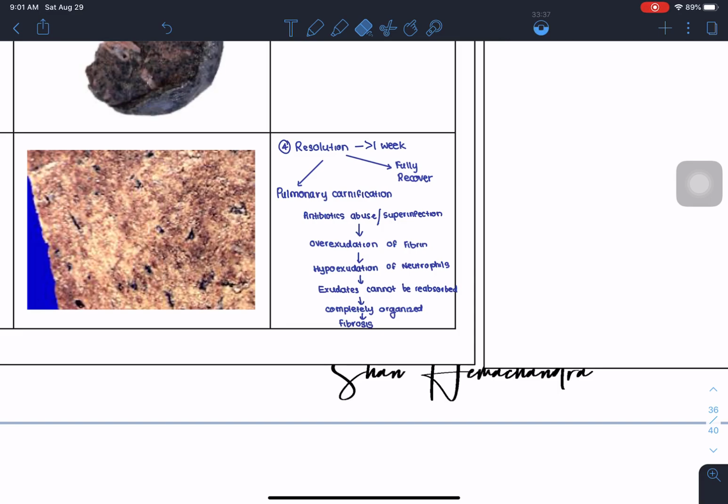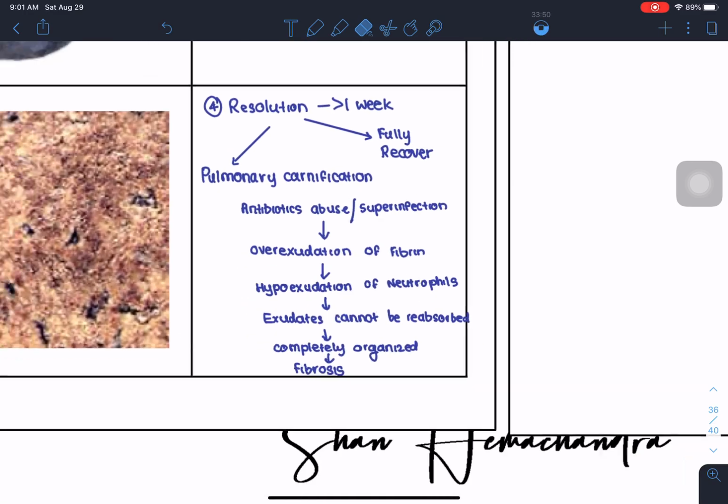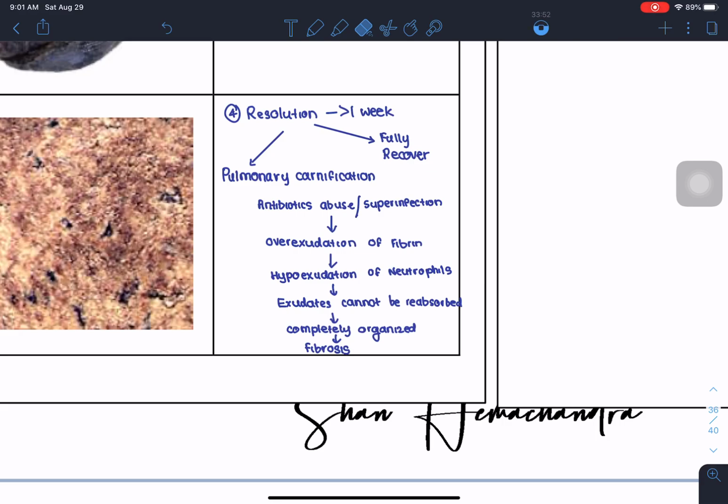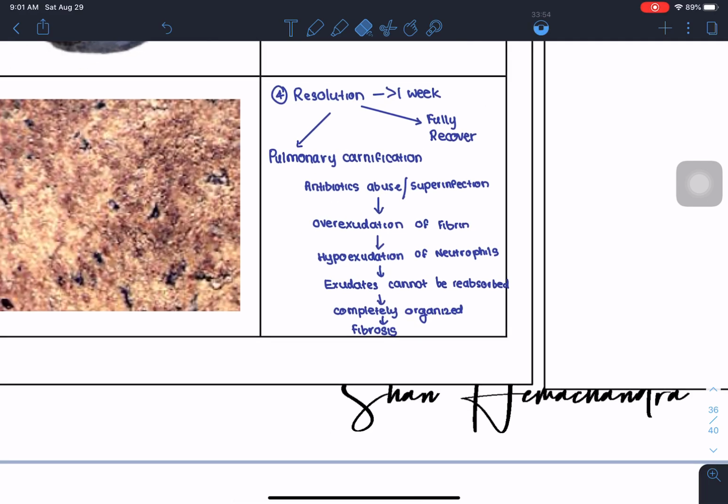It might not give you physical signs, but you thought you got rid of it, but it's still remaining. It can grow again. Or if you have a super infection, basically what it says, an infection by a very virulent, a very strong organism,